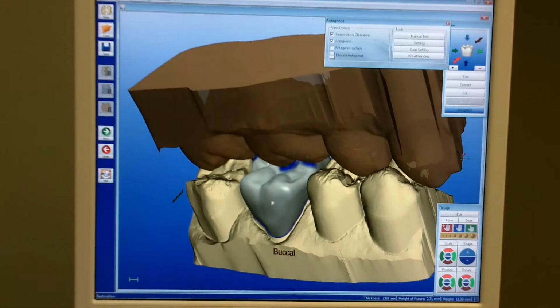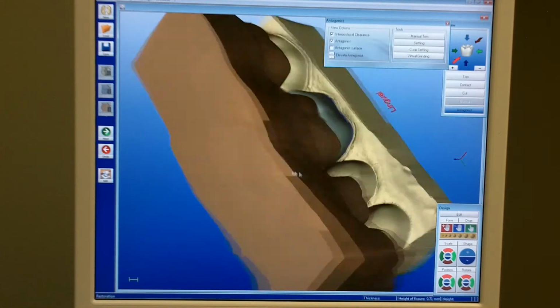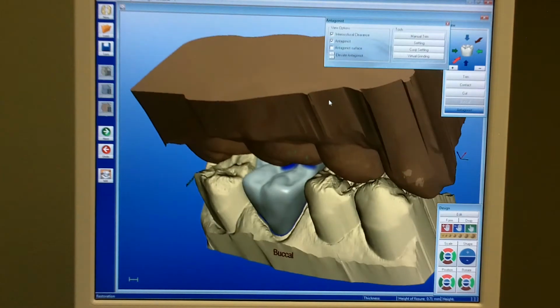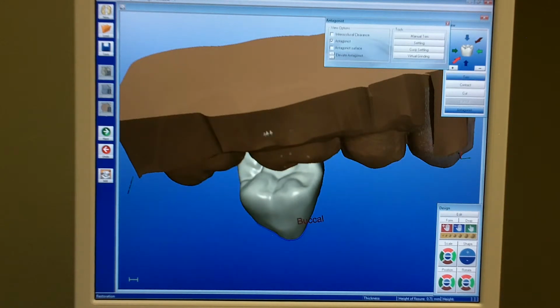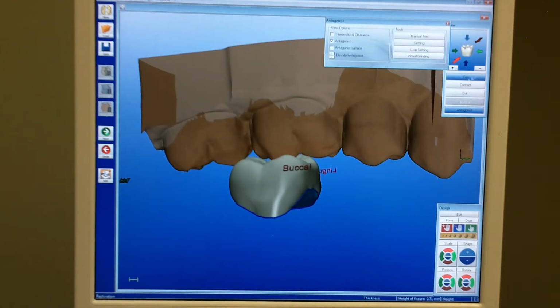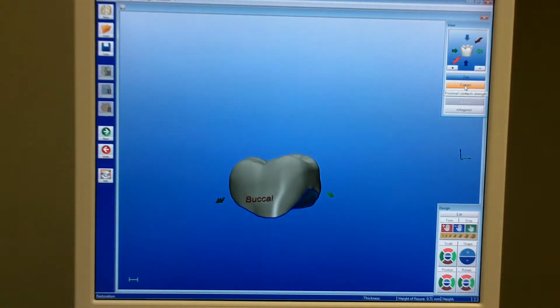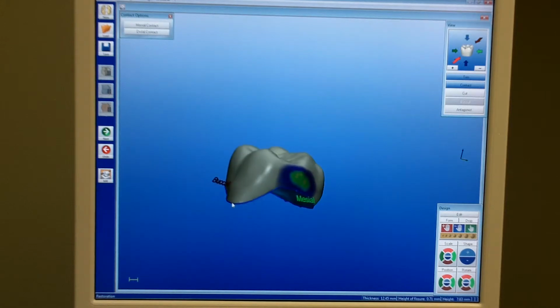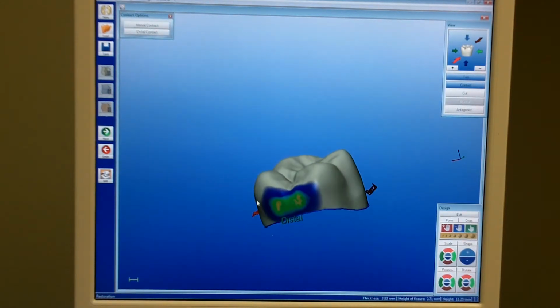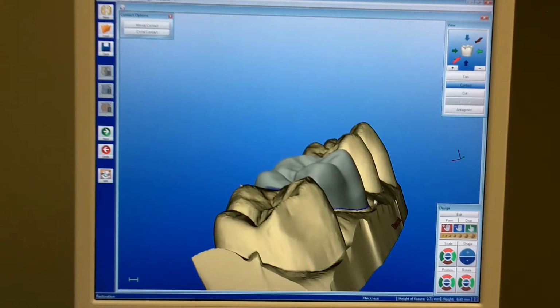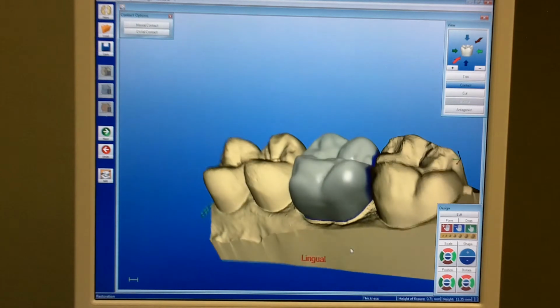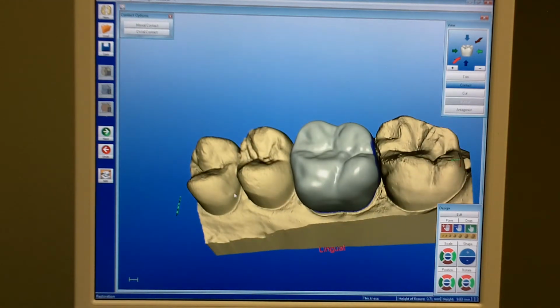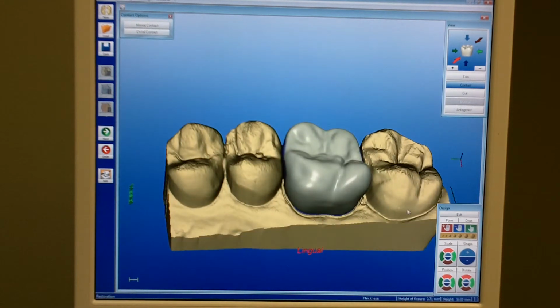We can play around with this as much or as little as we need to, and definitely get a custom made crown for you that matches your bite. And we can also see how tight it fits between the teeth. These colors represent how tight it is between the teeth. And once we get to that step, and we like how the tooth is designed, we send this off to the milling unit and it's gonna mill us this